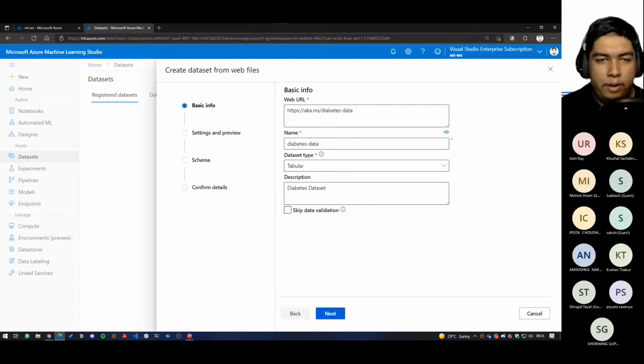So only the first file has headers. It is a delimited file with a comma delimiter, and that is fine for us. And we can go ahead and create this data set inside our machine learning workspace. So it is getting created, and this has successfully been created, and let us see what data set it has created. If we click on explore, we can see that all of these different fields, like BMI, serum insulin, and all of this data has been